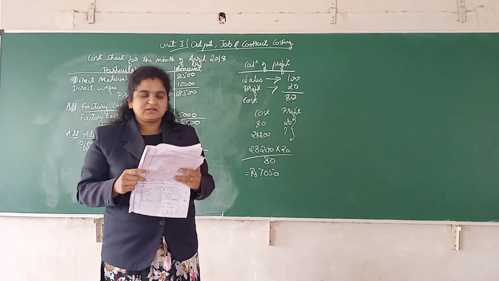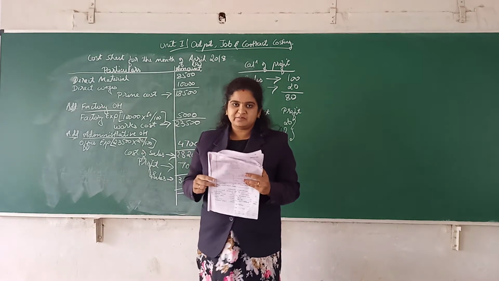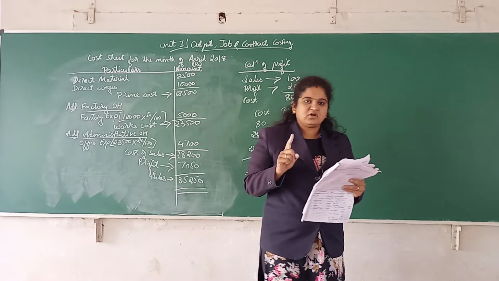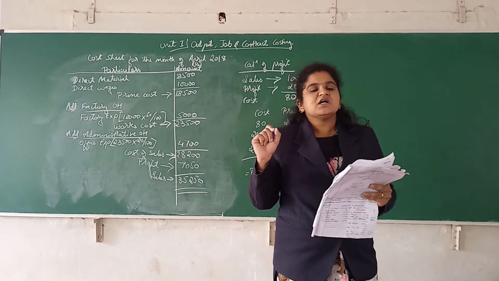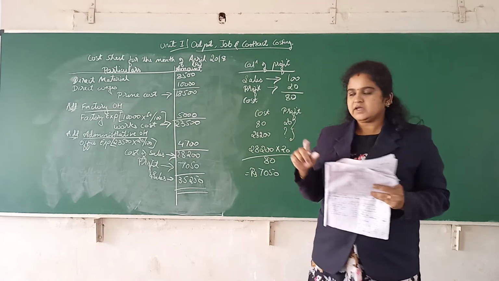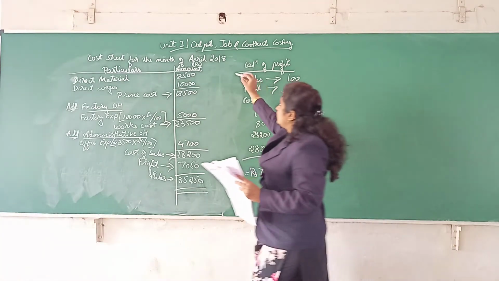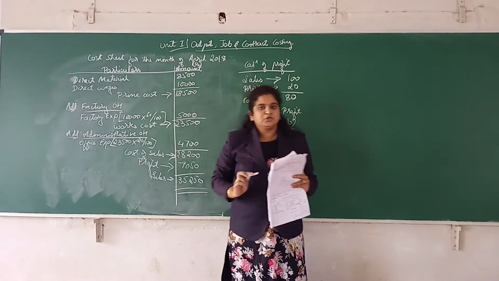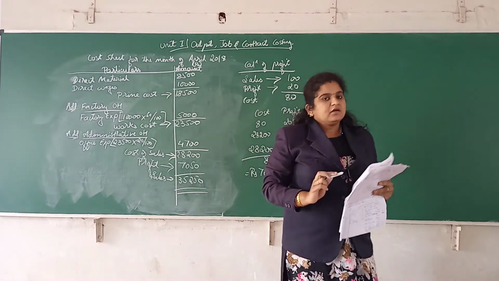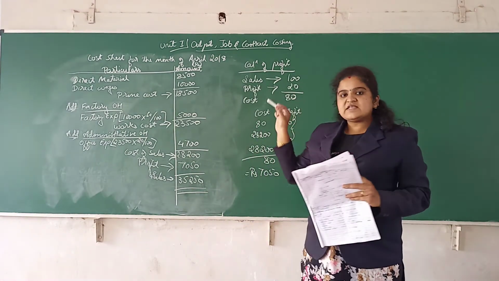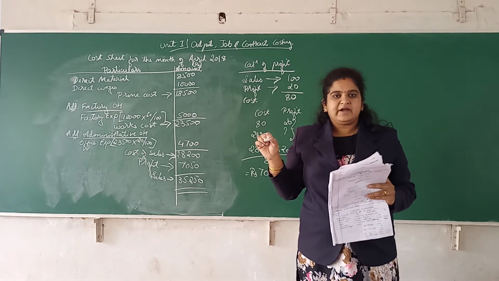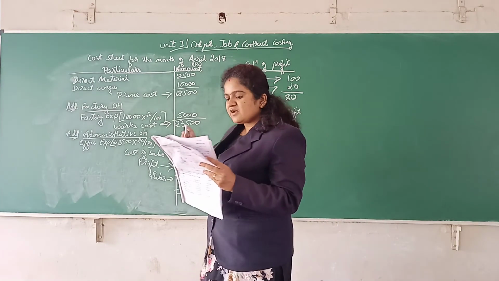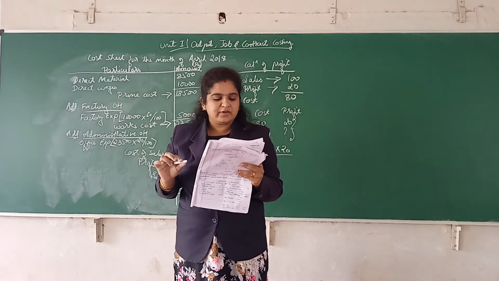We will be solving another problem for 5 marks, that is from first unit. Now in the year 2016 they have not asked output costing but they have asked job costing. So next we are going to deal with job. Job is same like output costing, but here job wise cost sheet will be prepared. In the year 2016 for 5 marks they have asked, I will read out the problem.